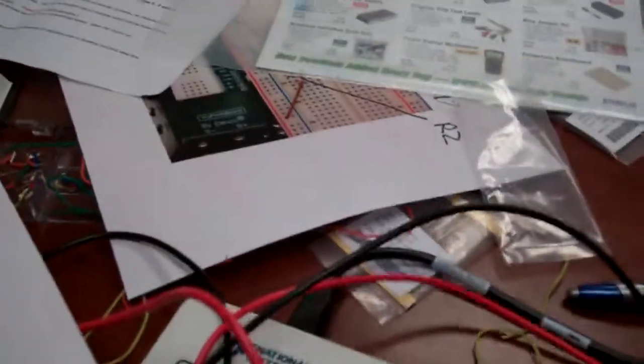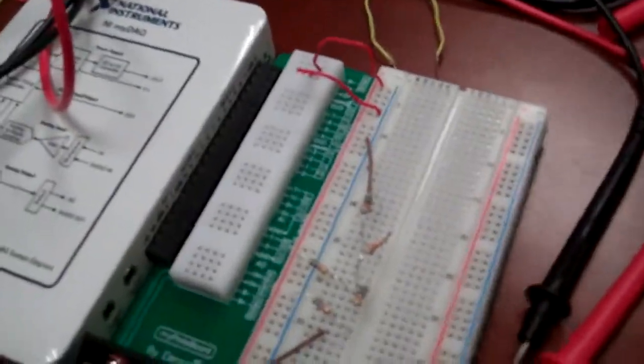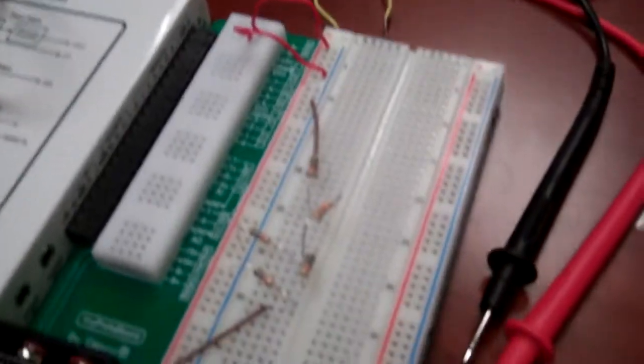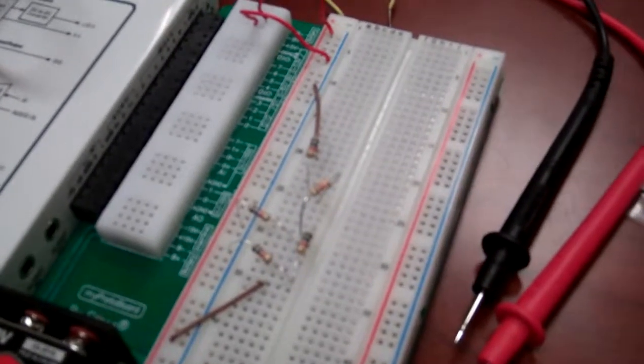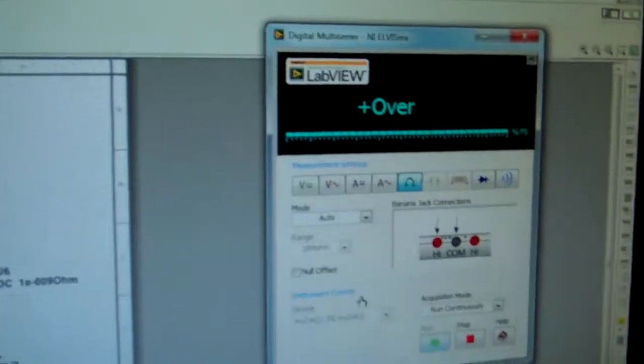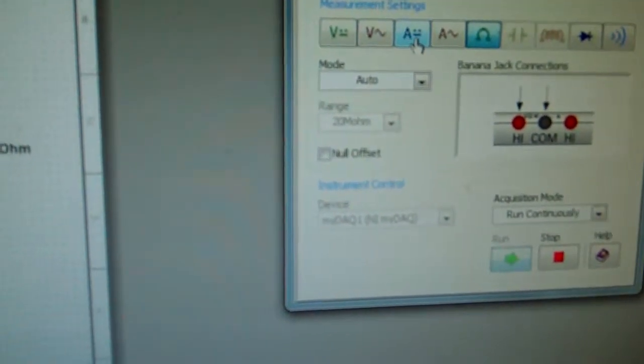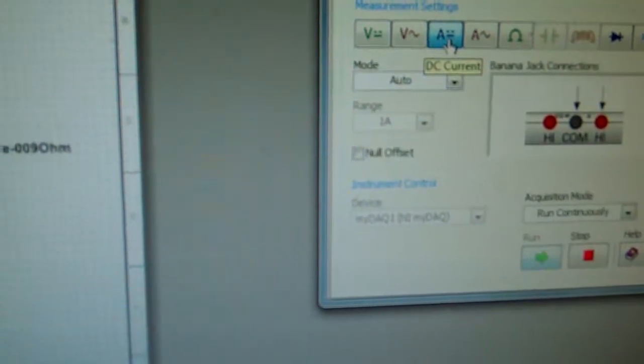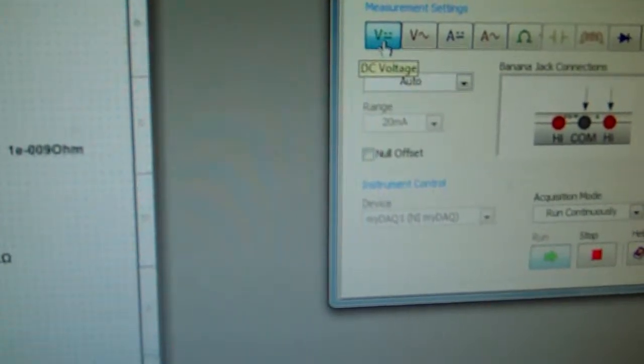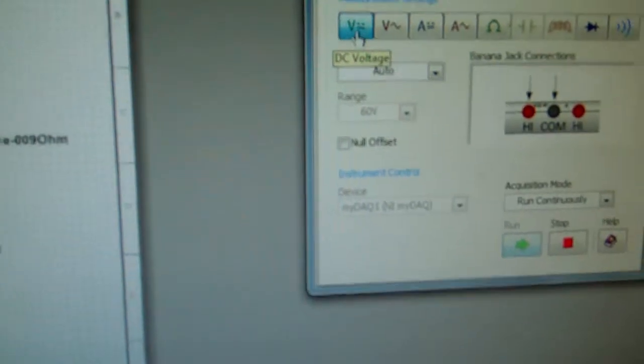So once you find the resistance of each of the elements, then you also measure the voltage and the current. If you go back over to your multimeter, you can see there's a button for a DC current, and there's a button for the DC voltage. So if we go to the current, what you can do is